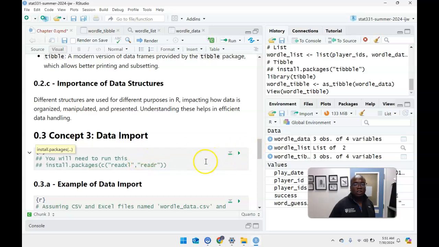Okay, so once you run that, these 2 tools, these 2 packages, readxl and readr, allow you to bring in Excel sheets and CSVs. Okay, I'm already assuming that you know what CSVs and Excel sheets are. But at the end of the day,